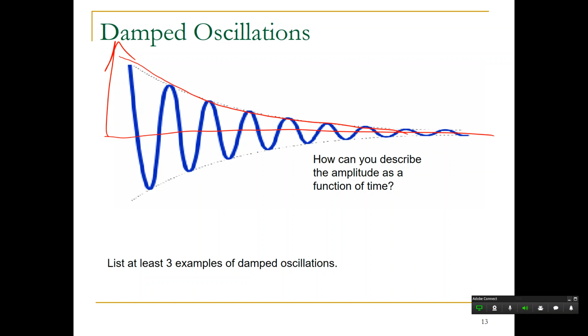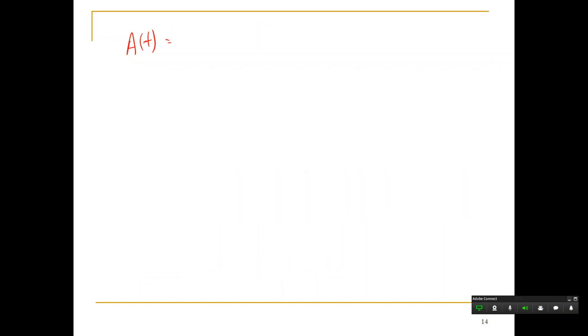1 over x is close. It's e to the power of negative x, which is basically 1 over x. They're very similar. I don't want to say that's wrong, but in this case, the equation is e to the power of negative x. And so what we have is some,